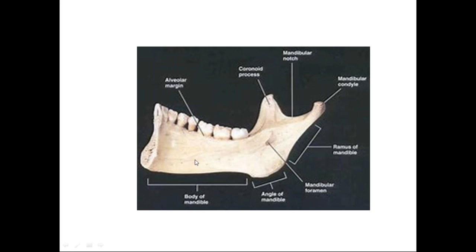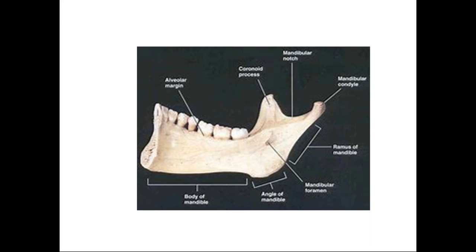Then this is the inner surface. This is the head of the mandible, that is the condylar process. Beneath the head, there is a depression known as the pterygoid fovea, which provides attachment to the lateral pterygoid muscle, another muscle of mastication. Then on the inner surface near the angle of the mandible, there is attachment of the medial pterygoid muscle. From the mylohyoid line, there is origin of the mylohyoid muscle, which forms the floor of the mouth. The right and left mylohyoids form the floor of the mouth anteriorly. Posteriorly, it is formed by the hyoglossus.